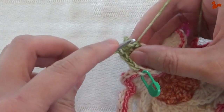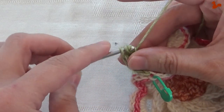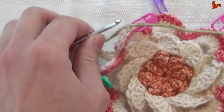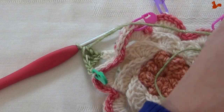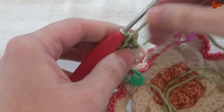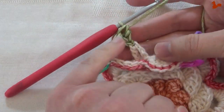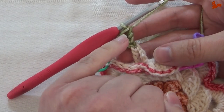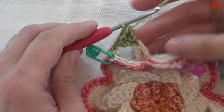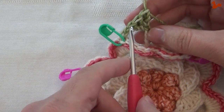Oh dear, just do that again. 2 doubles. And I realize that the pattern now also wants to do a chain 1. Personally, because they've got 2 different types of popcorns here for these leaves, I'm going to mirror, I'm going to make them symmetrical, so I'm not going to do that chain 1 there. I'm going to open up, come to the first treble,